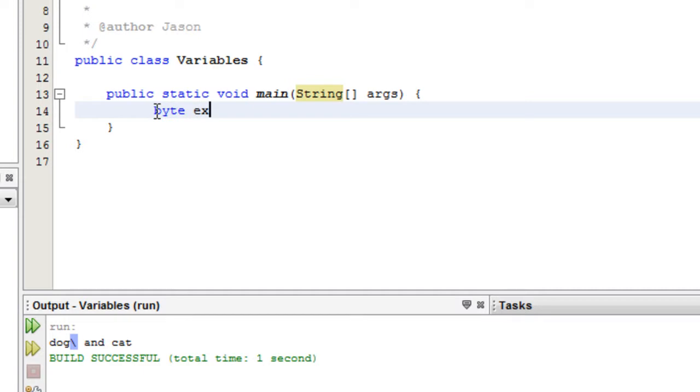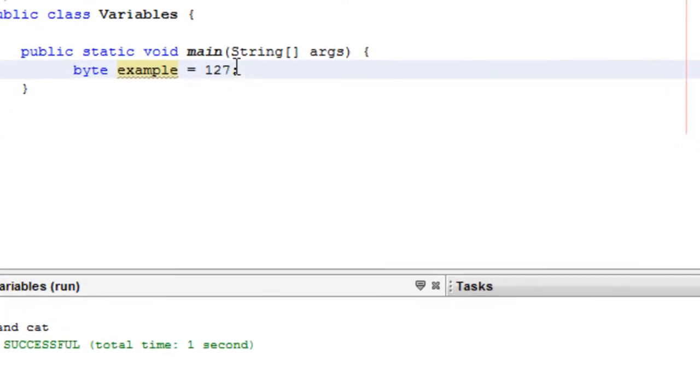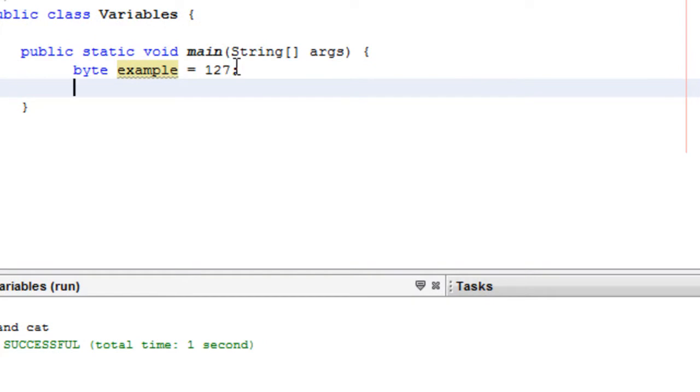Let's write this as an example, equals, and it can be from negative 128 to 127. That is the extent to it. Then we have the short primitive data type. Let's call this example 2, and this can be anywhere from negative